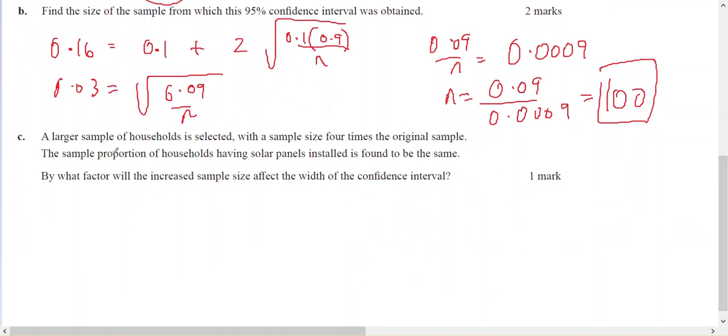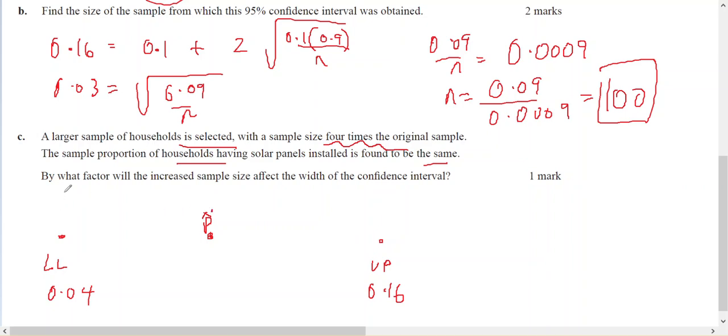A larger sample size is selected, with the sample size 4 times the original sample. The sample proportion, p hat, has not changed. By what factor will this increase affect the width of the confidence interval? Okay, so p hat is in the middle. My confidence interval goes from my lower limit to my upper limit, which used to be 0.04 through to 0.16,